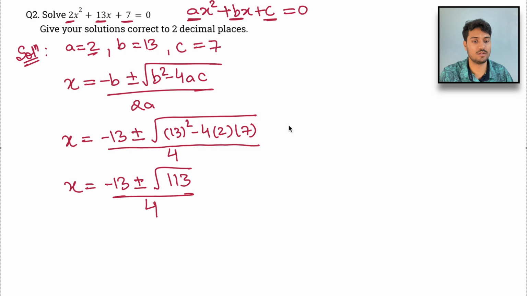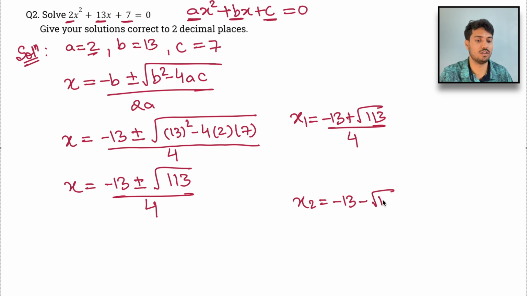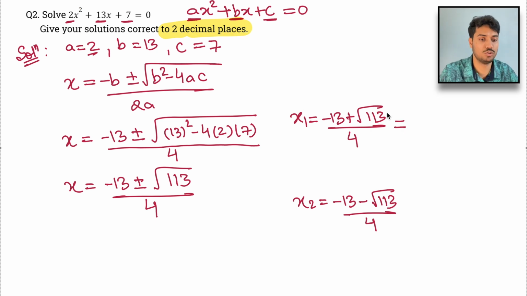So x1 will be minus 13 plus root 113 whole upon 4, and x2 will be minus 13 minus root 113 upon 4. In this case again it says write correct up to 2 decimal places. So we will find the value and round up to 2 decimal places. So minus 13 plus root 113 divided by 4, and the answer is minus 0.5924 and so on. So the first answer is minus 0.59. This is your x1,